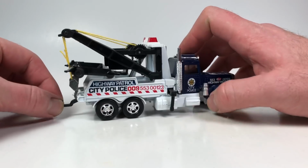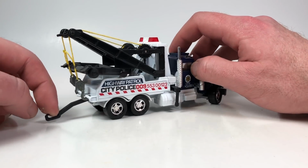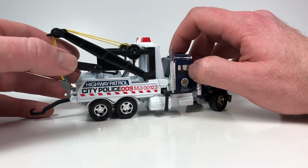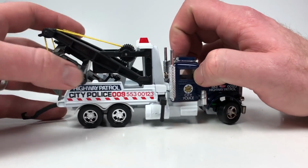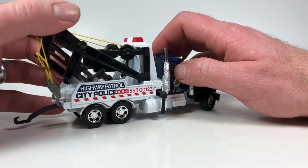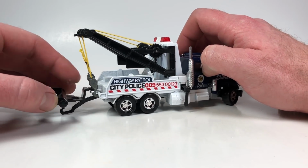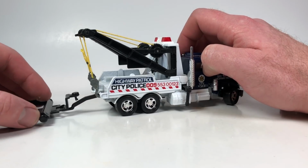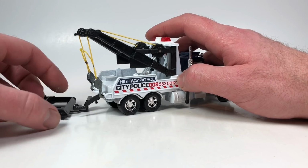So, oh, this comes out too. This little hook. Oh wait, so that little hook. How does this work? Maybe we can figure it out together. All right, so this goes right here. Right? No? Like that? Oh, so it hooks it up, and then I guess it would move it up and